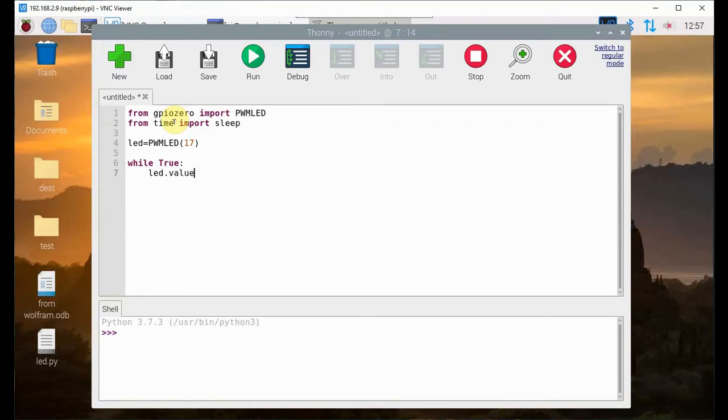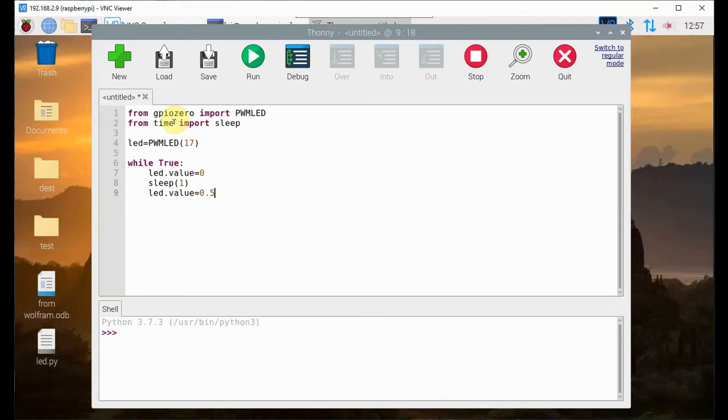Next line is led.value equal to 0. This line will deactivate the LED, or the LED will get switched off. Then give a sleep statement. led.value equal to 0.5.